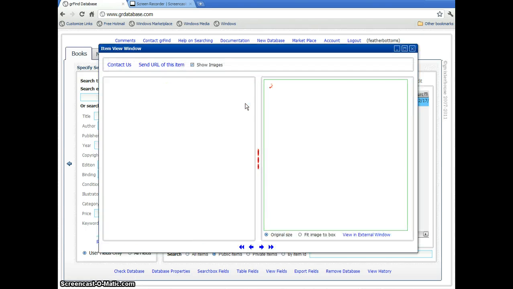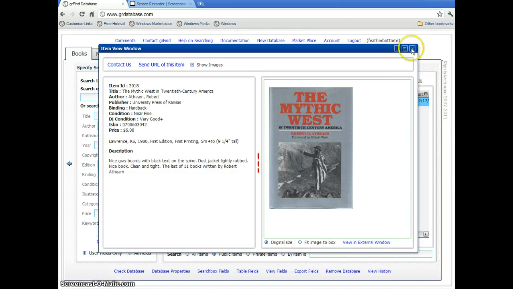So it's easy to search, it's easy to use, it's easy to maintain, and it's online, and it's interactive, and